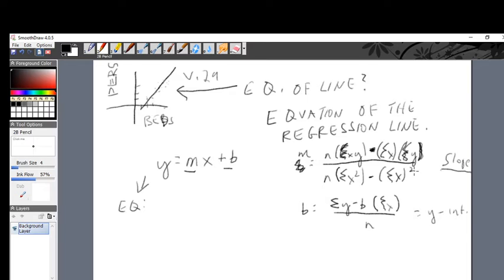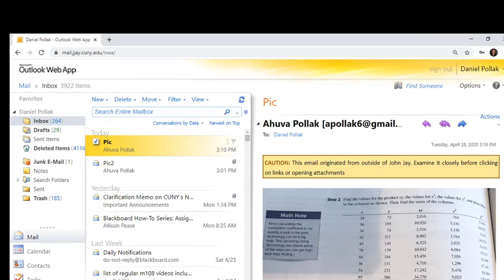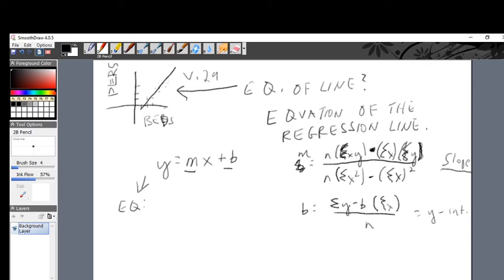We'll get all our numbers from right over here. We're going to be able to get all those numbers. They're here exactly like we did in the last video. Let's get back to what we were doing. And that's where all my numbers are coming from. So what does it turn into? As far as the slope is concerned, when you feed in all the numbers, and you can see that on video number 30, you're going to eventually get